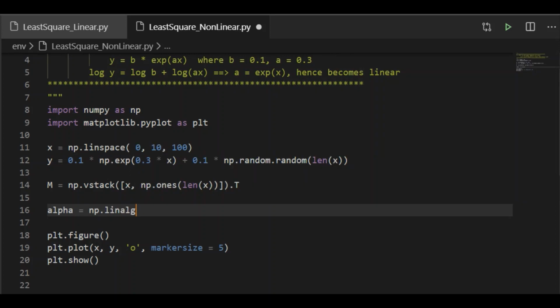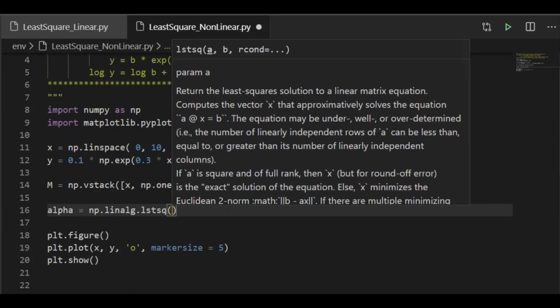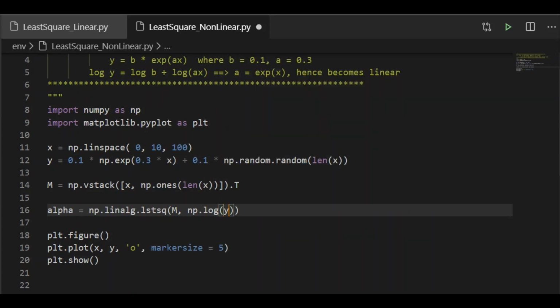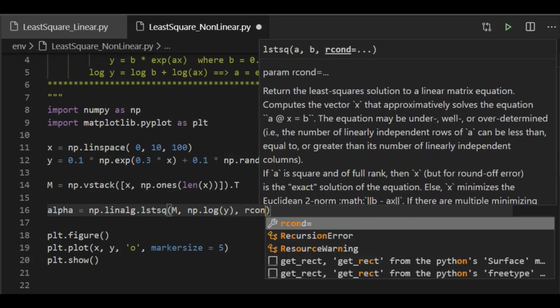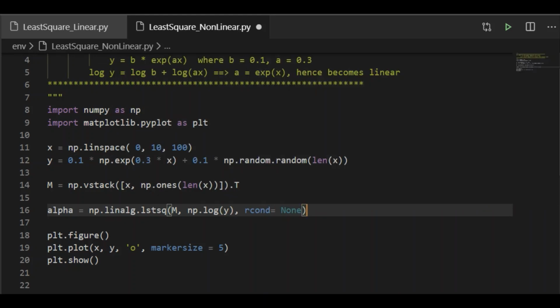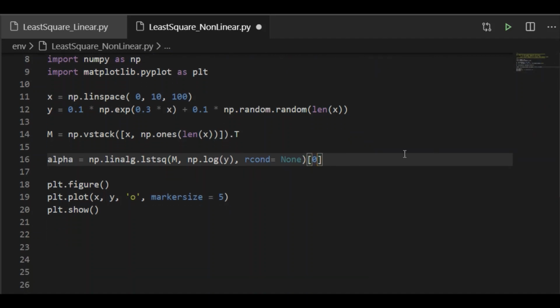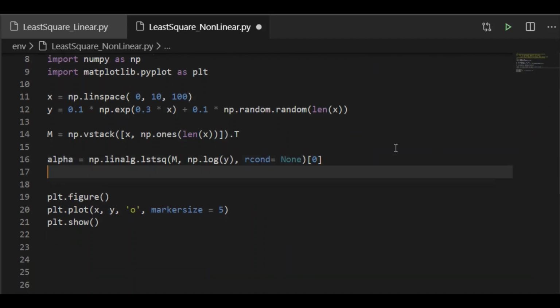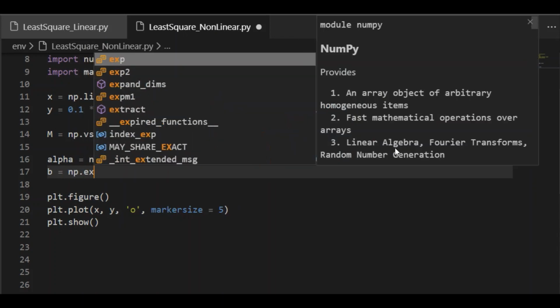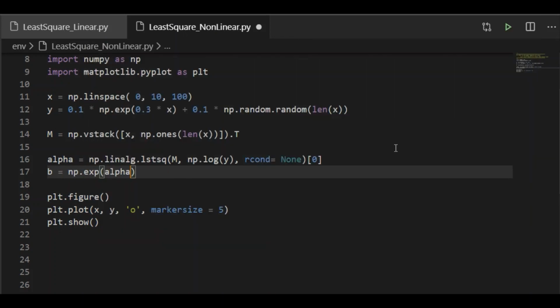Alpha will hold the solution of least squares. Here we need the solution for a and b because y is a function of a and b. Actually, here we are getting the least squares solution for log y. So we are passing log y instead of y here.